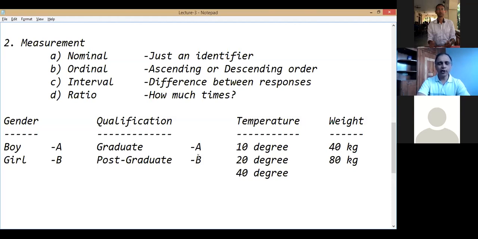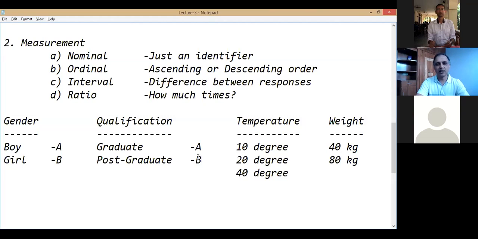But if I don't give you any context, it's simply A said I have Apple phone, B said I have Samsung phone, and C said I have phone from Micromax. Now here these will be nominal because we can't compare categories. We only know that this person has this brand of phone and we can't compare them.